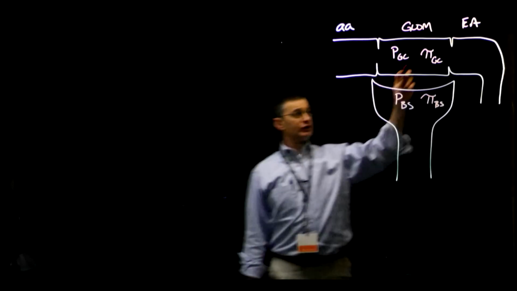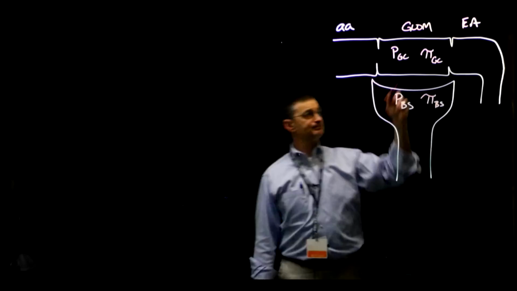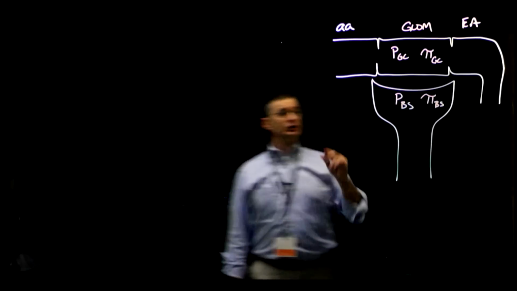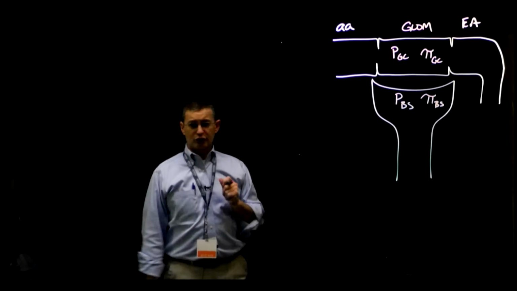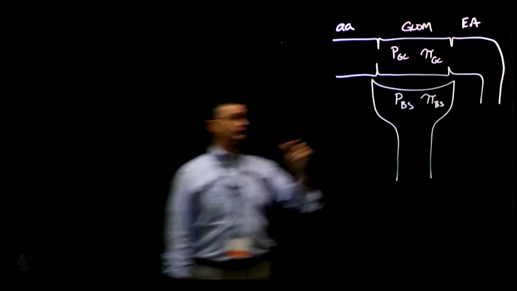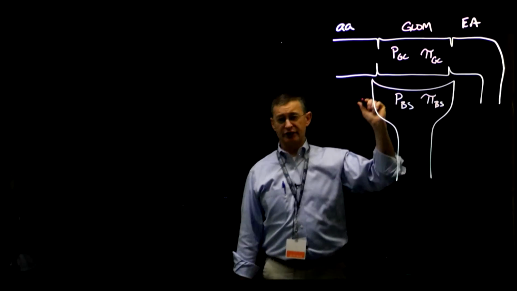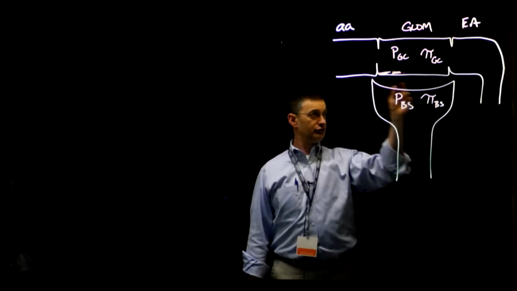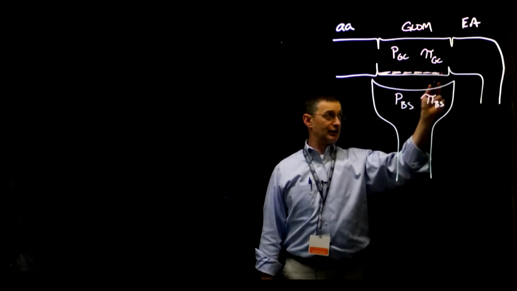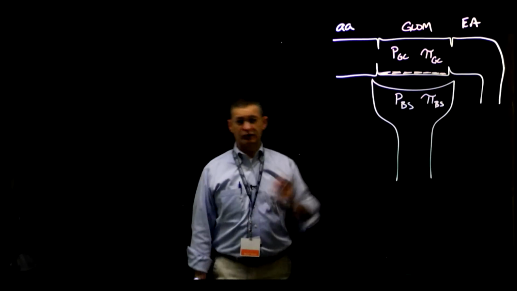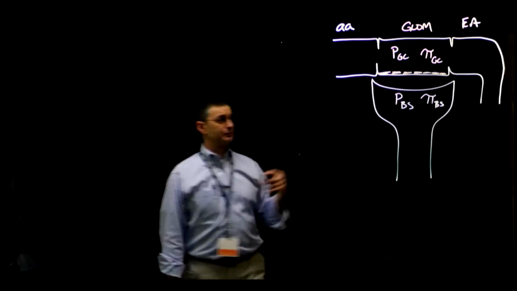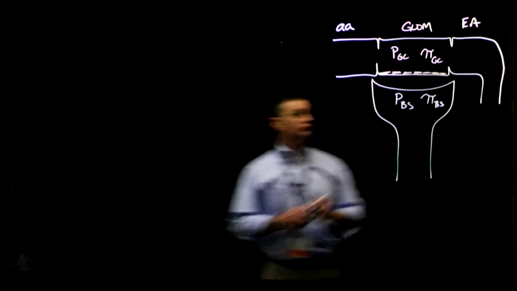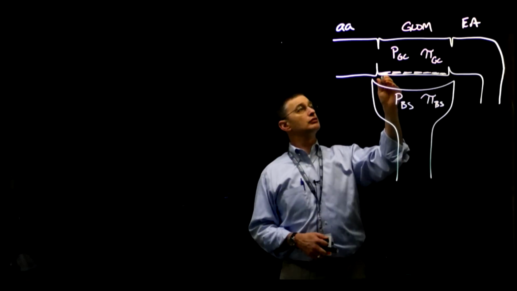Now, in order for fluid to get from the capillary into Bowman's space, it's got to traverse the capillary membrane, the glomerular capillary membrane. And that capillary membrane has three basic components. The first component is the capillary endothelial layer, which acts as a rough sieve to keep back cellular elements inside the capillary. The second portion of the glomerular filtration barrier,